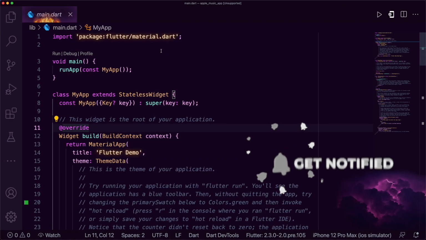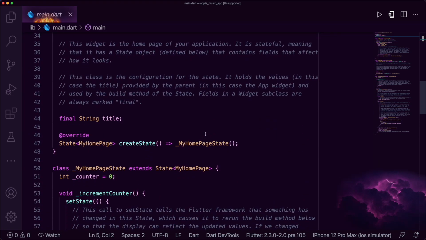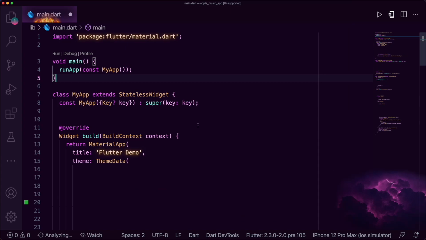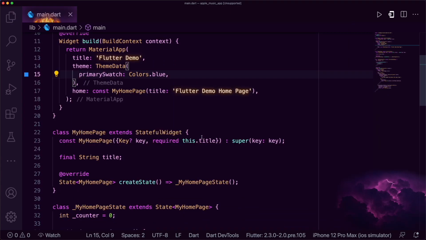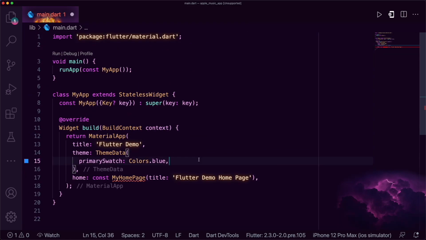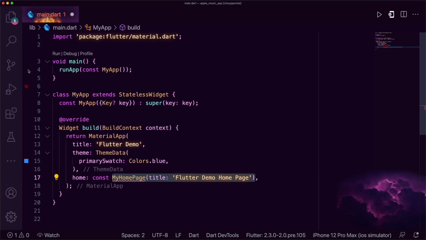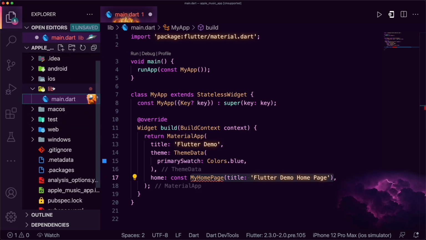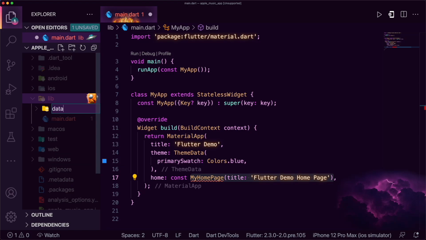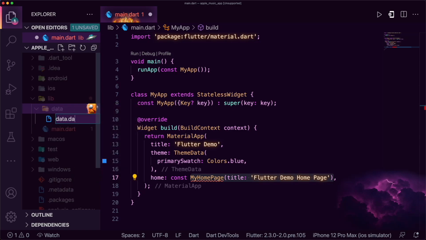All right, so we have this setup, and the first thing we need to do is to go over to our command palette and remove our comments. So we have those comments off, and also let's remove the boilerplate that comes with a new project. Okay, so we need a couple of setups to do, and the first thing is to create a new folder called data. This will hold the data for our app, and we can just mock a little data in a